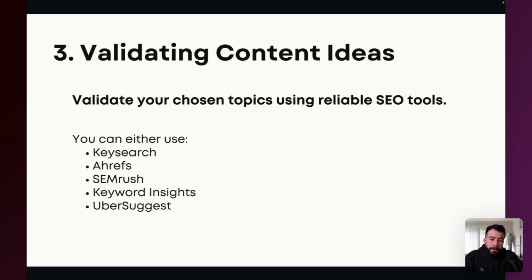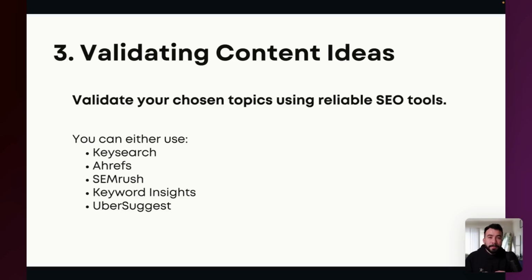So just like I explained earlier, now that you have the semantically related keywords, you're going to want to make sure that you validate the content ideas from those topical clusters. Yes, we did find the search intent, but you need to validate the content ideas and make sure that people are actually searching for these things. So number one, you can go to Google search and type the specific keywords that you found and see what is ranking on the first page of Google.